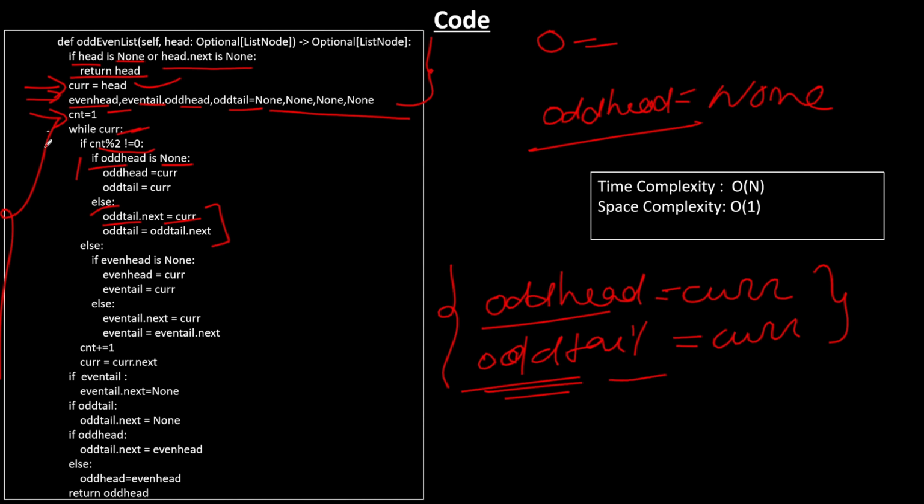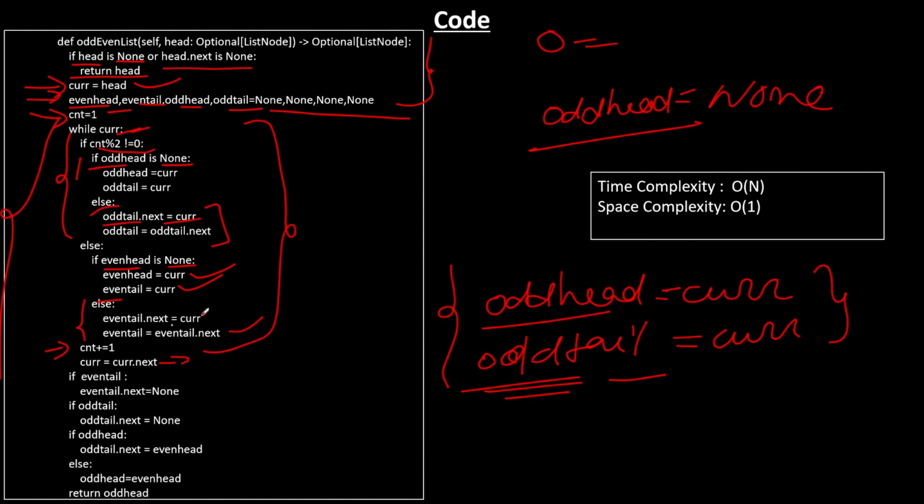Fine. If the count value is even, so if even head is none, even head is initialized with current, and even tail is also initialized with current, so that next time when the value comes up to be even indexed, we just move the even tail pointer further, till the linked list gets ended, and we increment the count, and current next is done, right? After this complete while loop is completed,